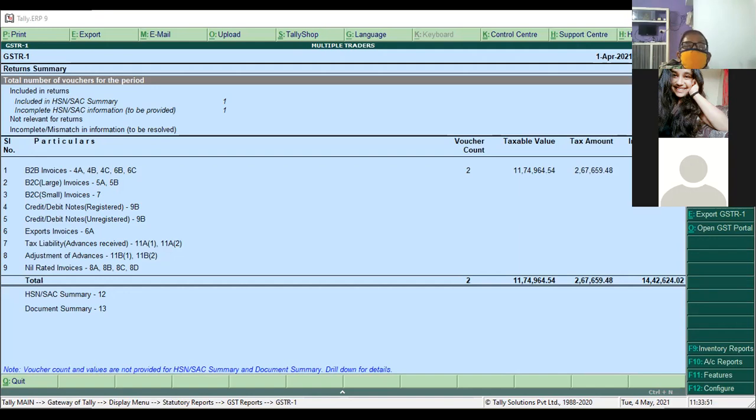Okay, so if it is correct, you can export this as Excel to the GST portal here. Now suppose you want to export to the GST portal. So export GSTR1. Click on export GSTR1. Click on this.